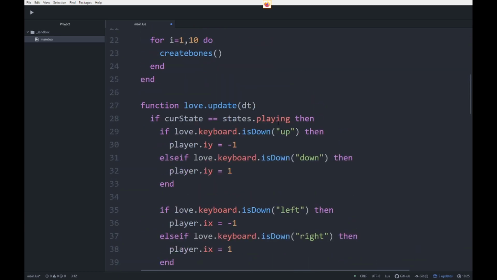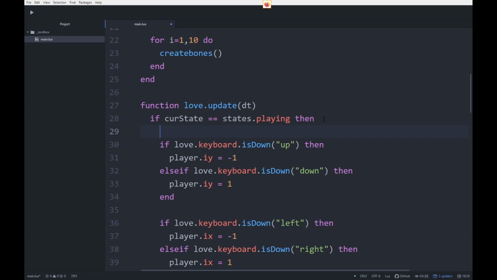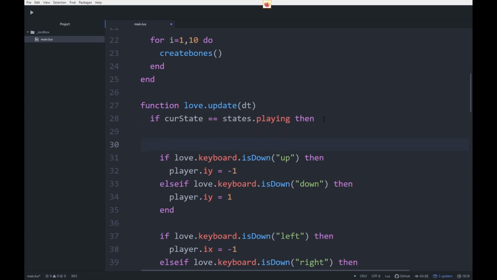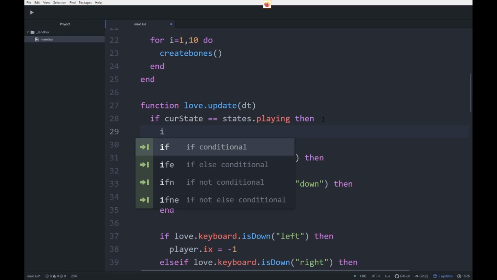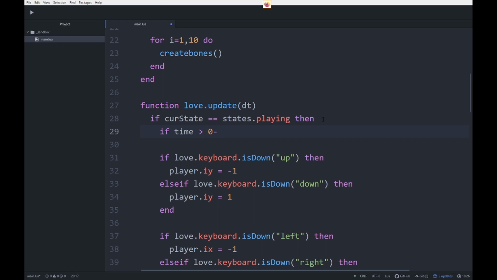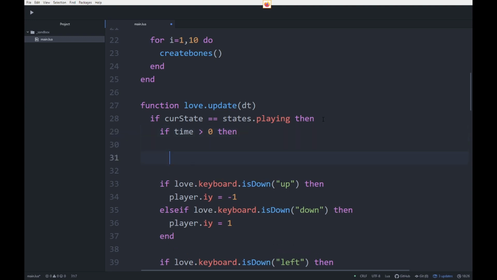So back in update, I'm going to explain what this does in a moment. If, as we've seen a bunch of times before, time is greater than 0, so that means if we haven't hit 0 yet, then, and for right now we're just going to say end, but we might make this branch in a bit. We're going to say time equals time minus dt. So this is just going to subtract the time since the last frame, and it's going to keep on ticking